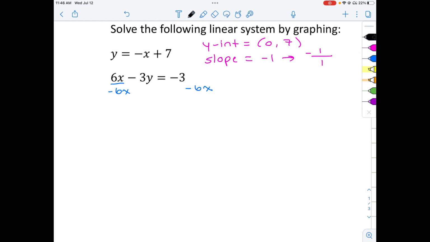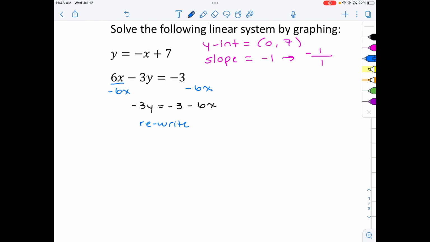Now I'm just going to show it to you like this for a second. So negative 3y equals negative 3 minus 6x. The important thing here is that you're not subtracting 6x. You're not subtracting 6 from negative 3 because those are not like terms. A lot of times students will write it like this and then think, wait, this doesn't look like a line. But it doesn't matter what order you put the numbers in as long as you keep the signs the same. So you can just rewrite this